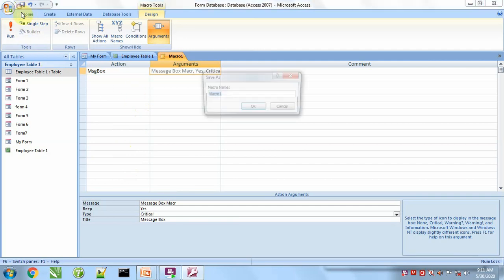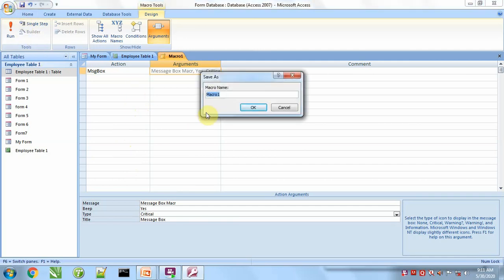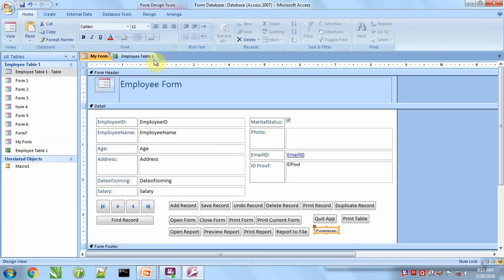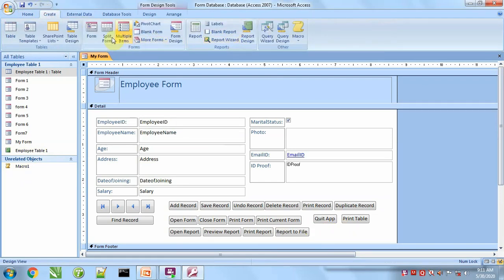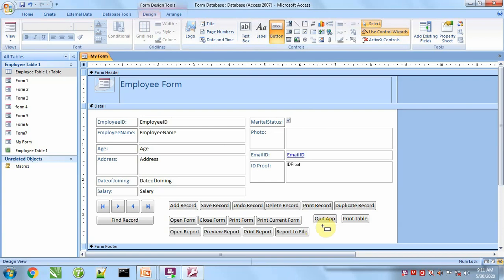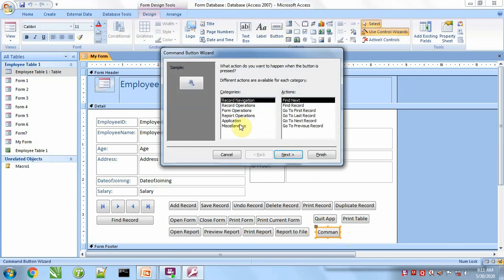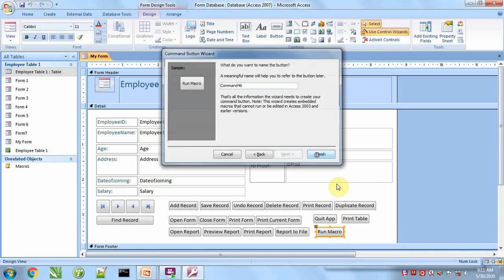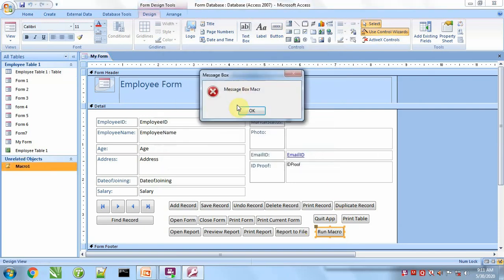In that I teach a number of ways to create a macro and what the use of a macro is. After watching that video, you will be able to create macros. As soon as I click, it will generate a message box.